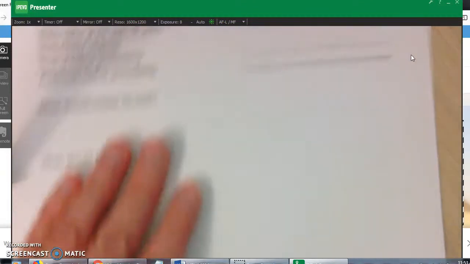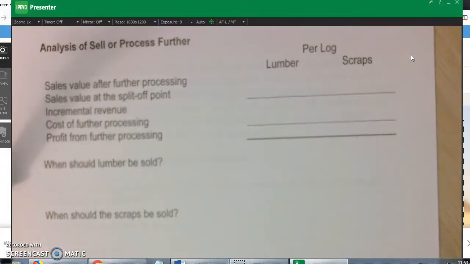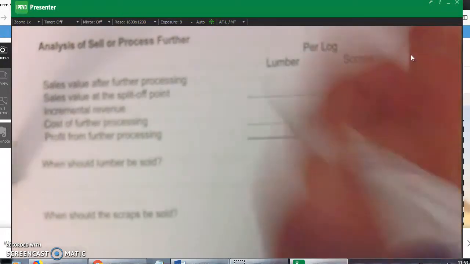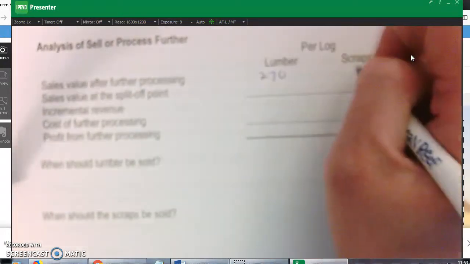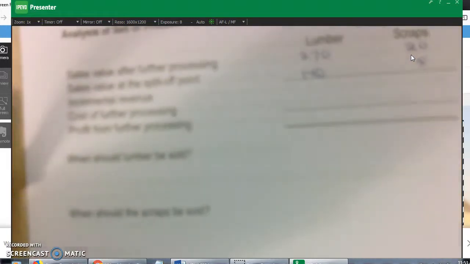So we can go ahead and look at our analysis right over here. We can say the sales value after the split off is 270 for lumber and 20 for scraps. At the split off point, it's 140 for lumber and $5 for scraps. So this is selling it as is, and this is further processing it. And then if I look at my incremental revenue,